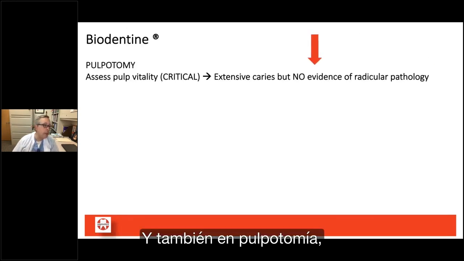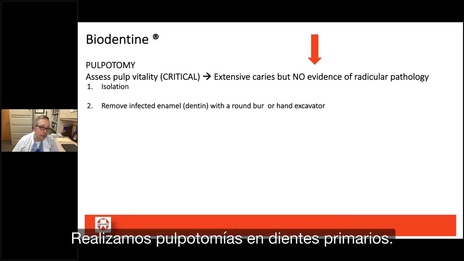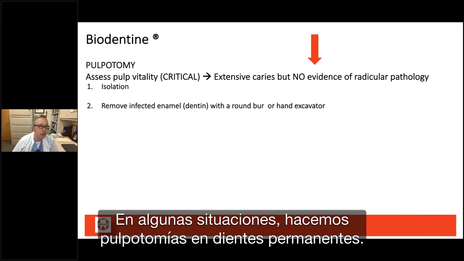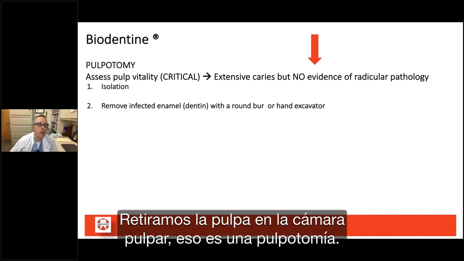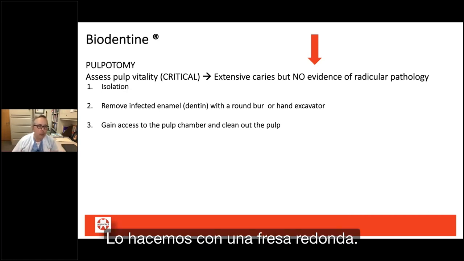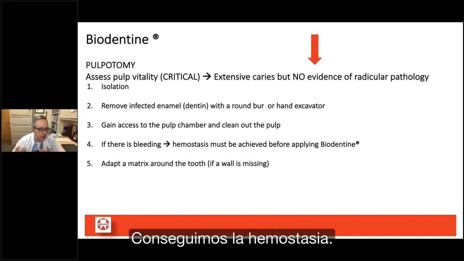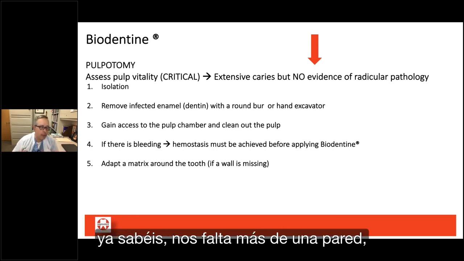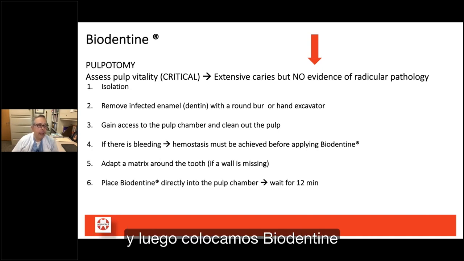And also, a pulpotomy is also a direct pulp cap. We do pulpotomies in primary teeth. In some situations, we do pulpotomies in permanent teeth. It's extensive caries. We remove the pulp in the pulp chamber. That's a pulpotomy. We do that with a round burr. We clean up the pulp from the pulp chamber. We achieve hemostasis. If we have 2 walls, or more than one wall missing, we use a matrix around the tooth, and then we place Biodentine directly into the pulp chamber